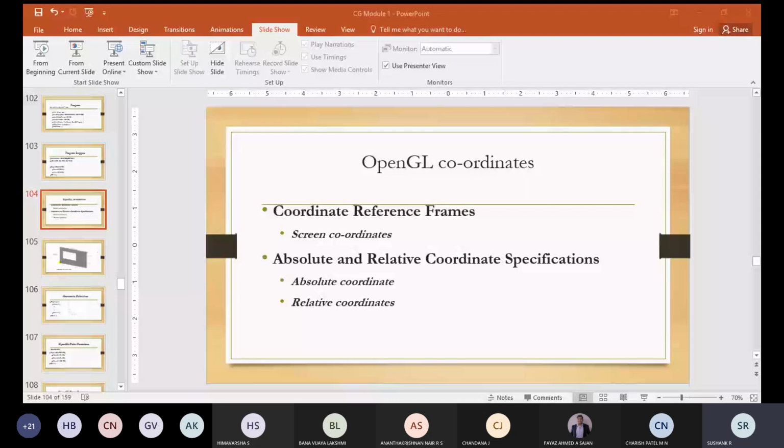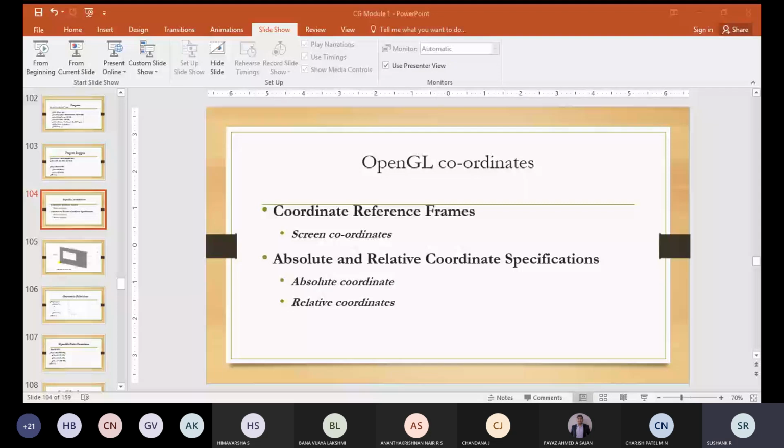You might start describing a point, a line, a triangle, or a polygon. Those objects whose range is within this display window will be displayed, and those objects whose range is not within this display window will not be displayed. That is the simplified analysis. The coordinates of the primitives which are within the range of this display window will be displayed, and those which are not in this range will not be displayed.